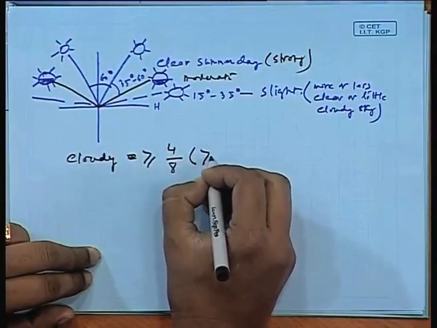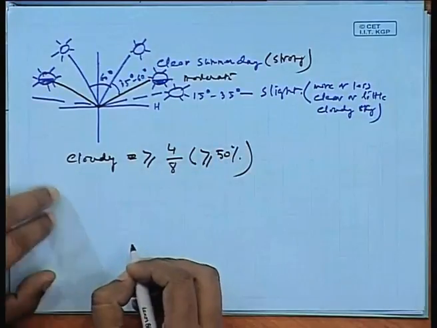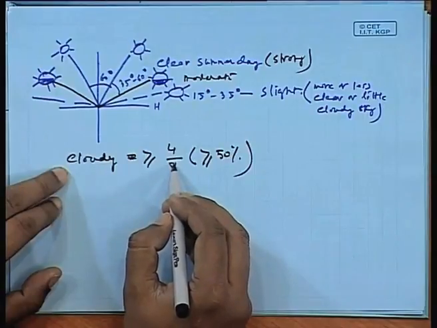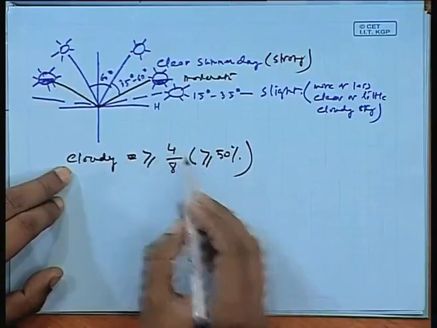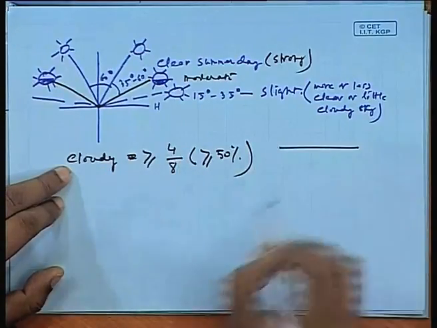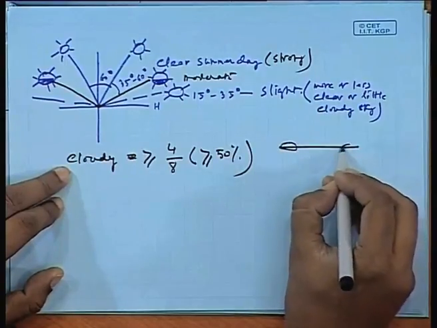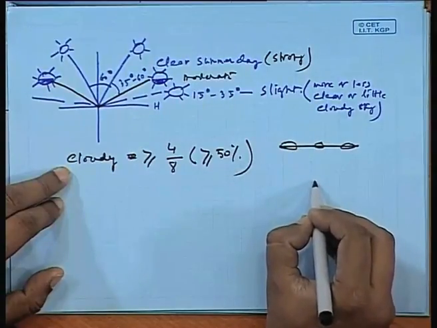If it is more than or equal to 50%, we would call them cloudy. Of the 8 portions of the sky, if 4 portions are covered, say if you try to see the sky like this, and you observe the clouds are like this,